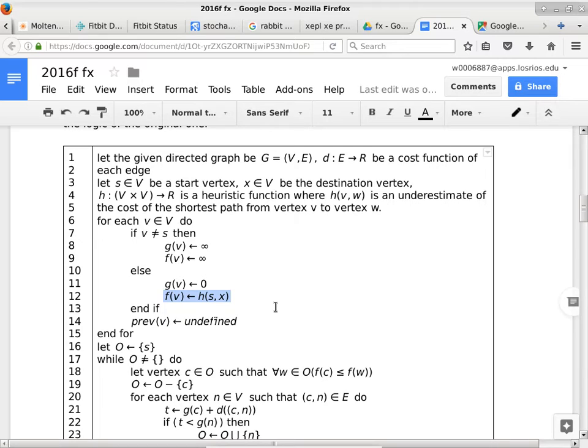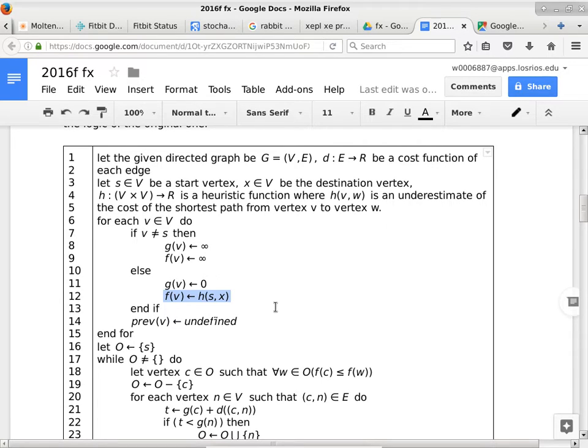Is that okay? So if you want to draw a picture of what kind of problem we are trying to solve here, we have vertices, we have edges connecting the vertices, and so on. We designate one particular one as s, which is the start vertex, and then we designate another one as vertex x, which is the destination. So the question is, what is the shortest path to go from vertex s to vertex x? Is that okay? All right.